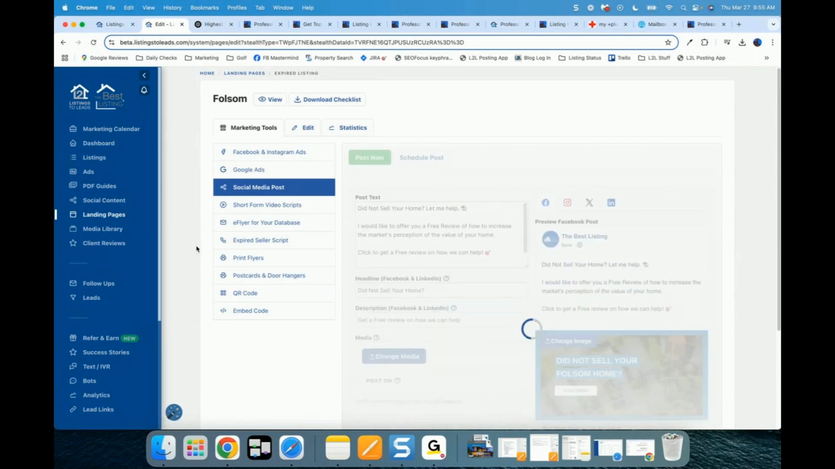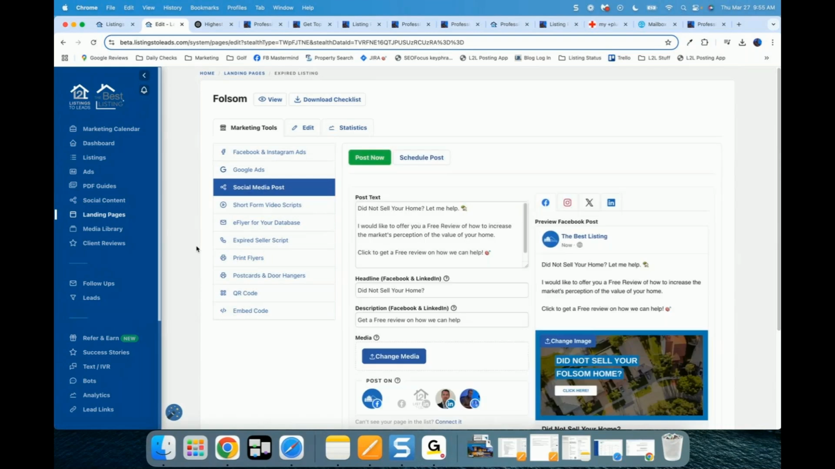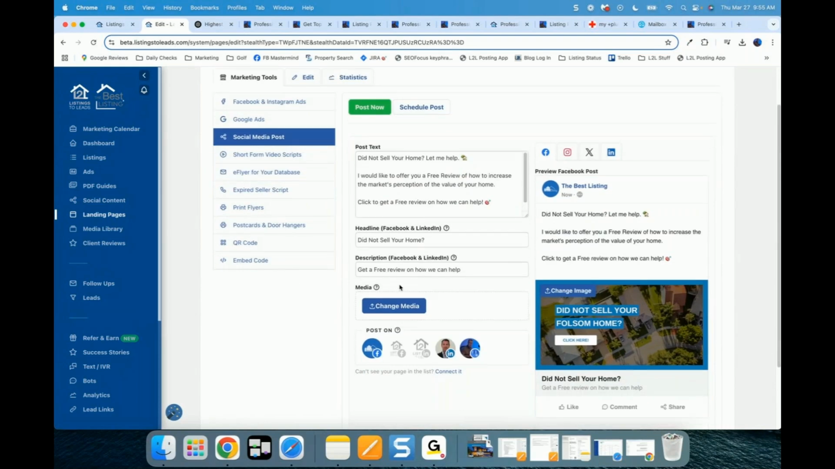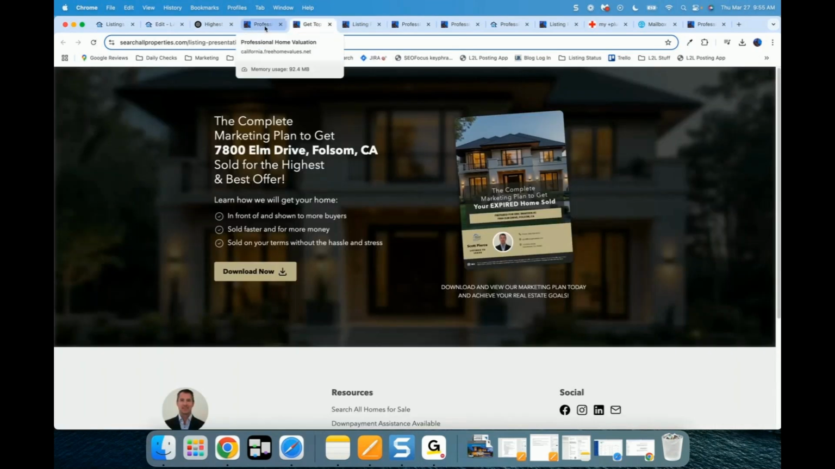But I would do a social media post because I want all the homeowners in my area to know that I am the person to go to if somebody else couldn't sell your home. Because I've got a plan around attracting expired homeowners to me. And I've got my 100-point home marketing plan with Listings to Leads, right? We've got, check this out. If you haven't seen this yet,